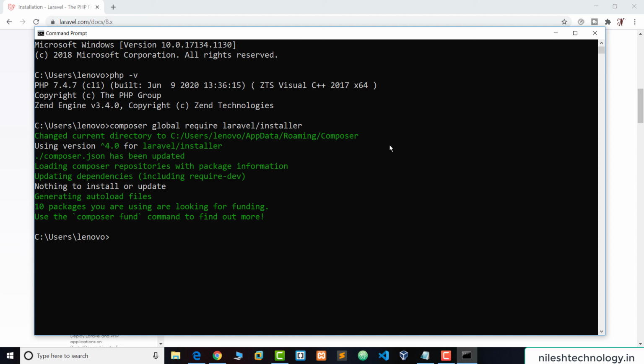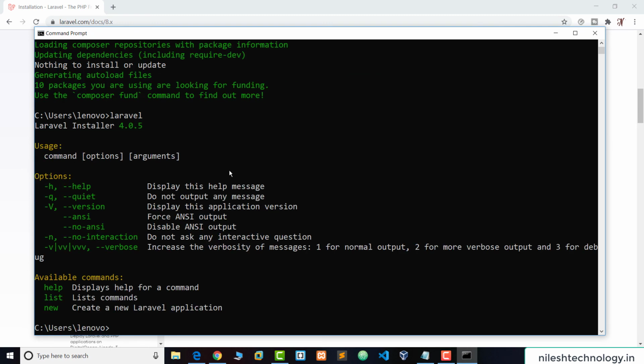If you are installing for the first time, you will see some different output here. How do we check whether Laravel is installed or not? Just type laravel and press enter. Then it shows the Laravel Installer 4.0.5.